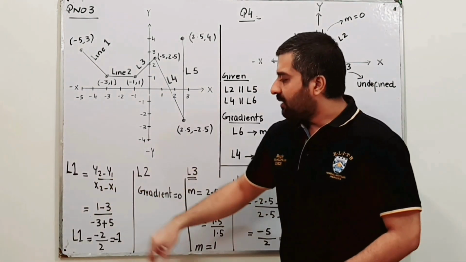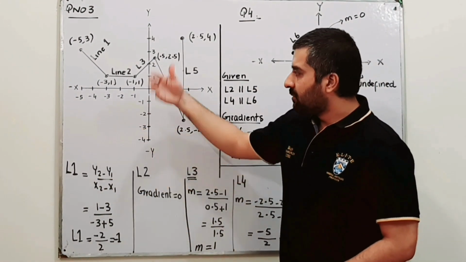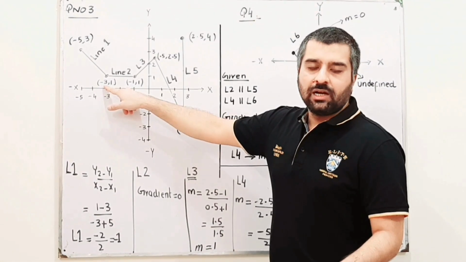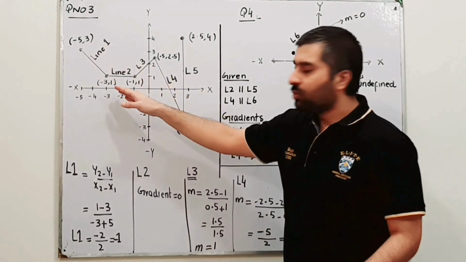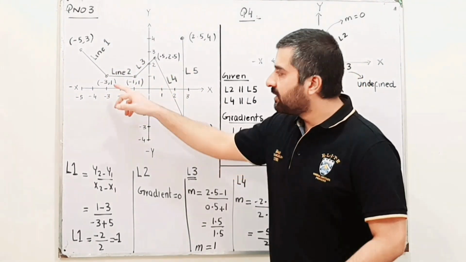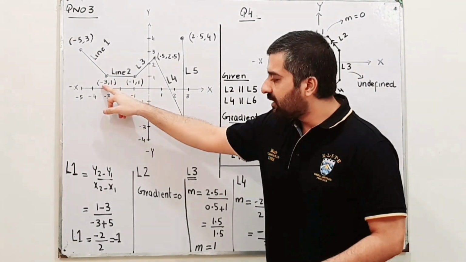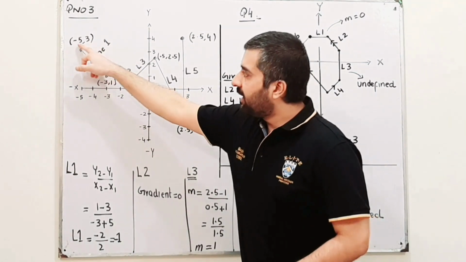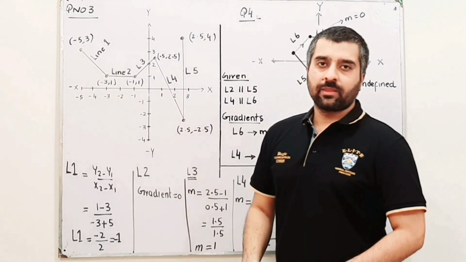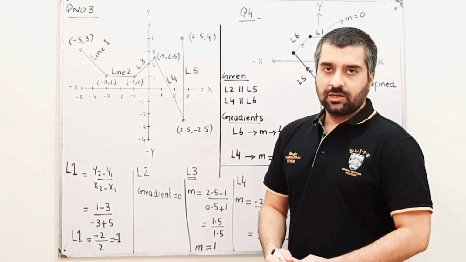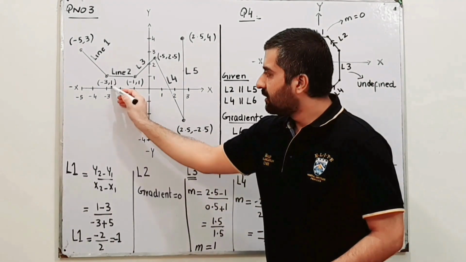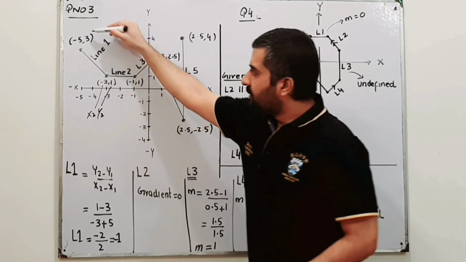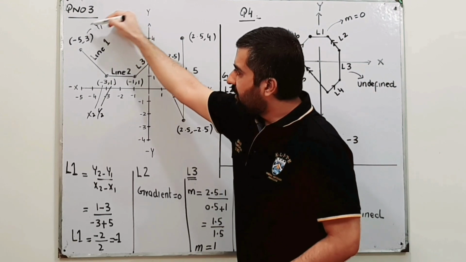Now y2 minus y1, I have taken this point as y2 and this one as x2. That is not a compulsion that this should be y2 or this should be y2. If you are considering this one as y2 and this one as x2, then this will be y1 and this will be x1. So you have to fix your coordinates accordingly. If this is y2, then this is x2. Similarly, this is y1 in this case and this is x1.